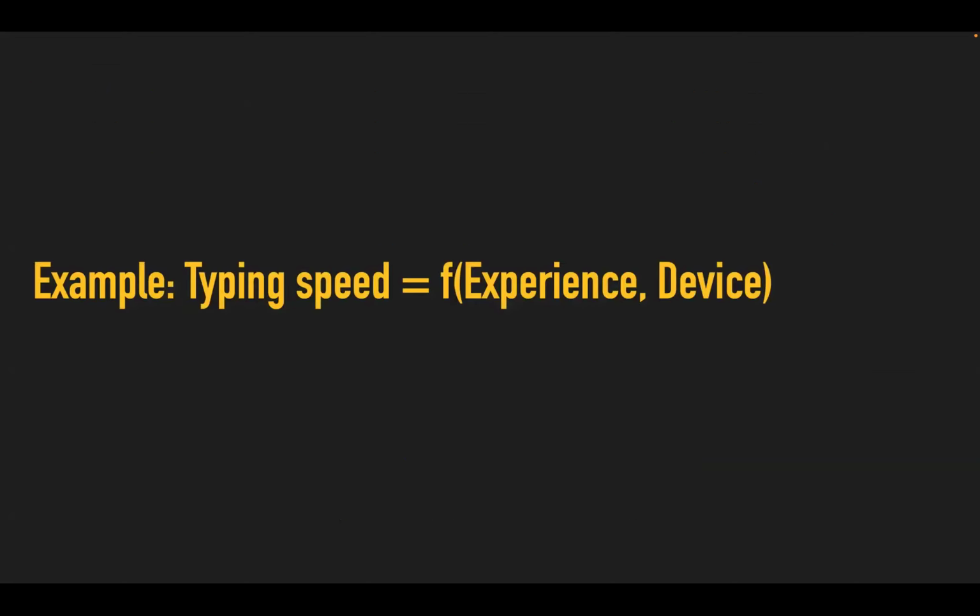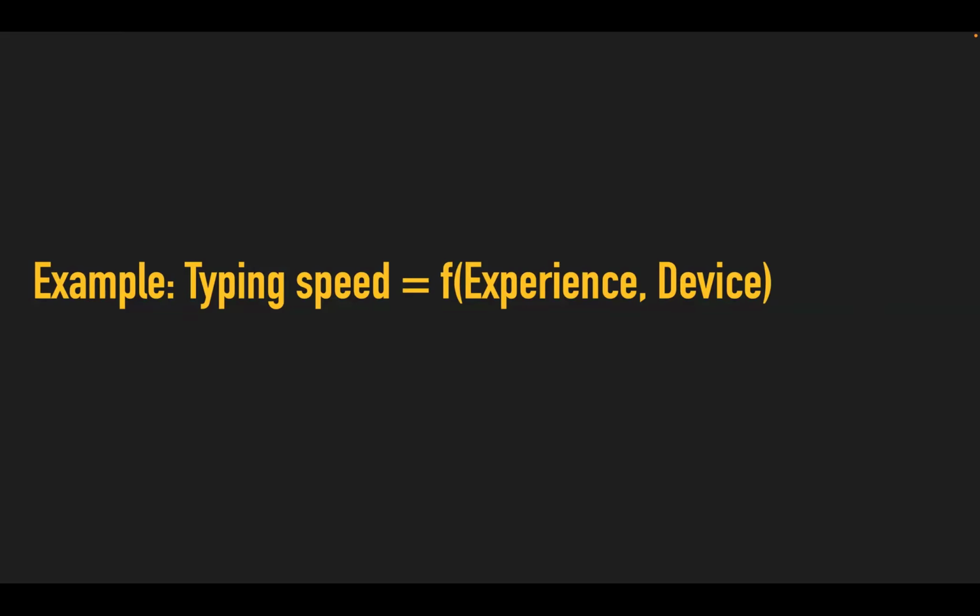So I have one here. Let's say we want to test the effects of experience and device on typing speed. This is sort of a follow-up to what we talked about in class last time, like testing different types of keyboards. Surely the device should have some effect on, or does it? That's the question, on how quickly you can type. And similarly, there will be people that are more experienced typists, and they will likely type faster. And the novices should probably type slower. Right? So there's at least two factors that we could design an experiment to test.